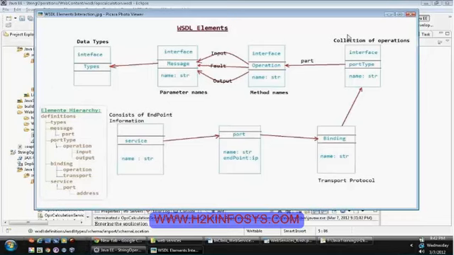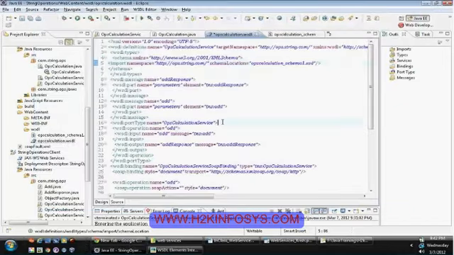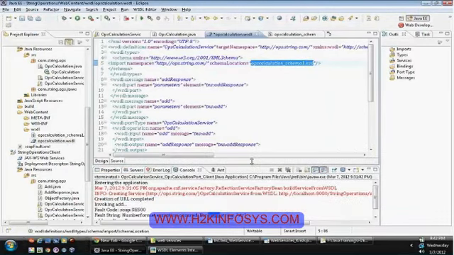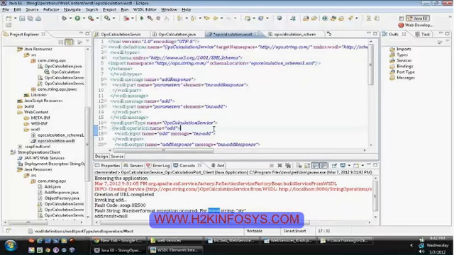Until and unless you create it on your own, you will definitely forget it by tomorrow. Right. So do we need to actually create the XSD file also, or does that get generated automatically? See, currently I have created it automatically. You have the option while creating the web service. Let me show it to you.